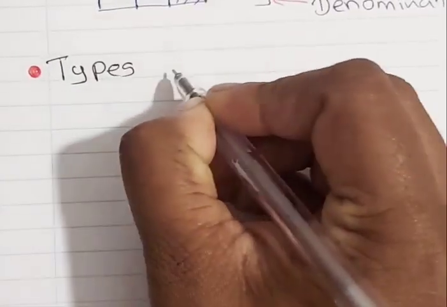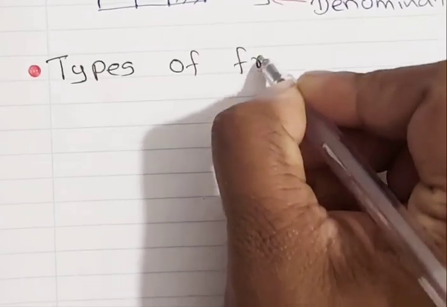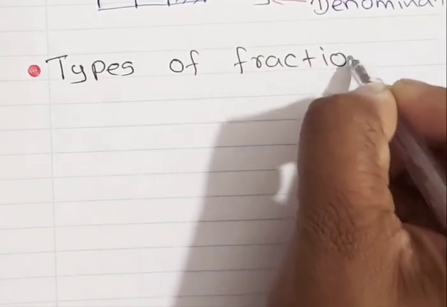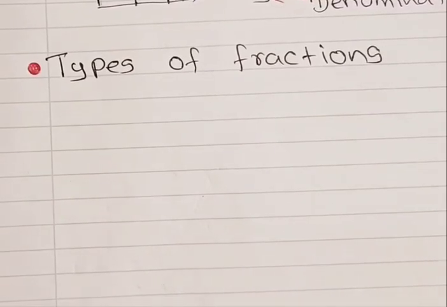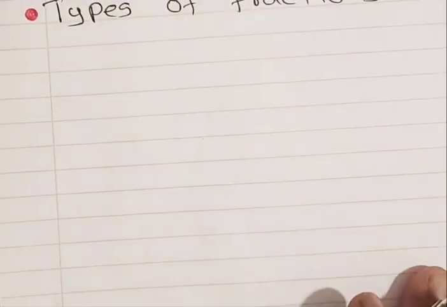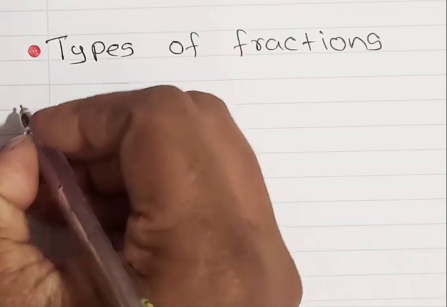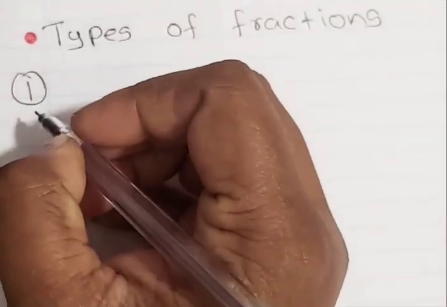So again you can write down the topic like this. Types of fractions. Okay. Very clearly you need to understand about this one, right? So if I am taking the types of fractions, I can divide like this. There are so many types. So put number 1 and write down the first type, that is